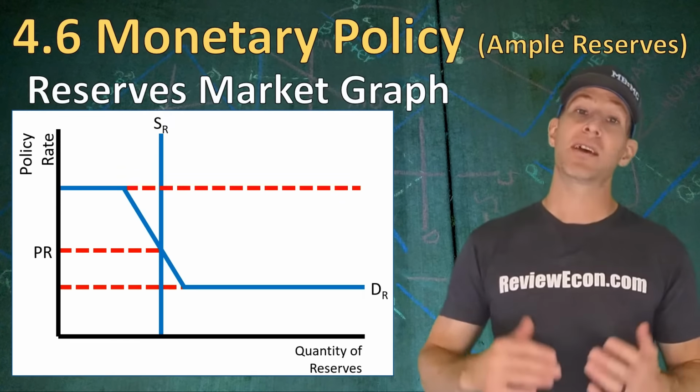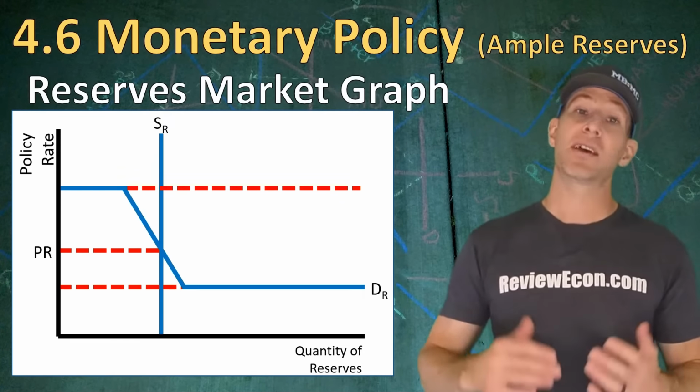As a result, central banks with ample reserves must use different policy tools. Now, one of those policy tools for an ample reserve system is open market operations. Open market operations are only used to buy and sell bonds to increase or decrease the supply of reserves. Buying reserves is going to shift that supply of reserves to the right, and it can be used to maintain an ample reserve system. The demand curve, on the other hand, moves with changes in administered rates. The upper flat portion changes with the discount rate, and the lower flat portion changes with interest on reserves. And it is that interest on reserves rate that is the key policy tool that is used by central banks with ample reserves. The Federal Reserve is one of those central banks.